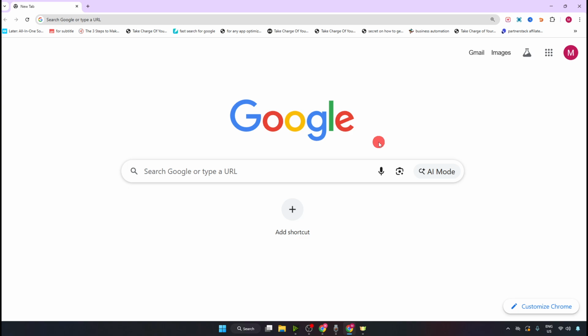Hi everyone, in this video I'm going to show you how to disable Captcha on Google Chrome. So first of all, I want to be straightforward with you guys. You can't completely disable Captchas in Chrome. They are enforced by websites for security, but you can reduce how often they appear by fixing the triggers